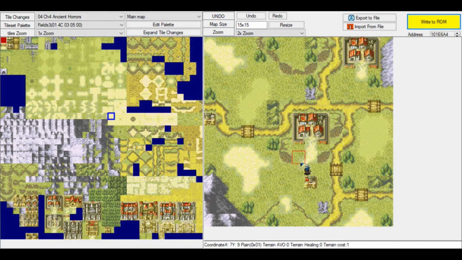I've placed this village on a little cliff. I thought that would be a nice touch, as you would have to play the map a bit more to access the village. The reason I put these cliffs here is because otherwise this would be a little bit too open for my liking. Also this cliff is where we will send the reinforcements from. The reinforcements will come from here. And as I said, we have a shortcut here which allows you to move from the left side of the map to the right side.